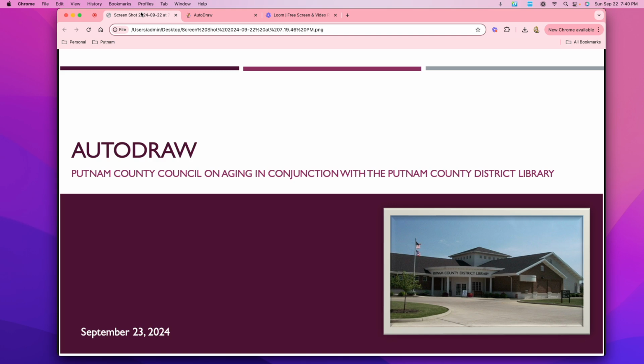This week we are going to take a look at AutoDraw. AutoDraw is a Google product. It is totally free. It's online. It can be used on a phone, on a mobile device, or on a desktop computer. It is a tool that has been around for quite a while. And like I said, it's a Google